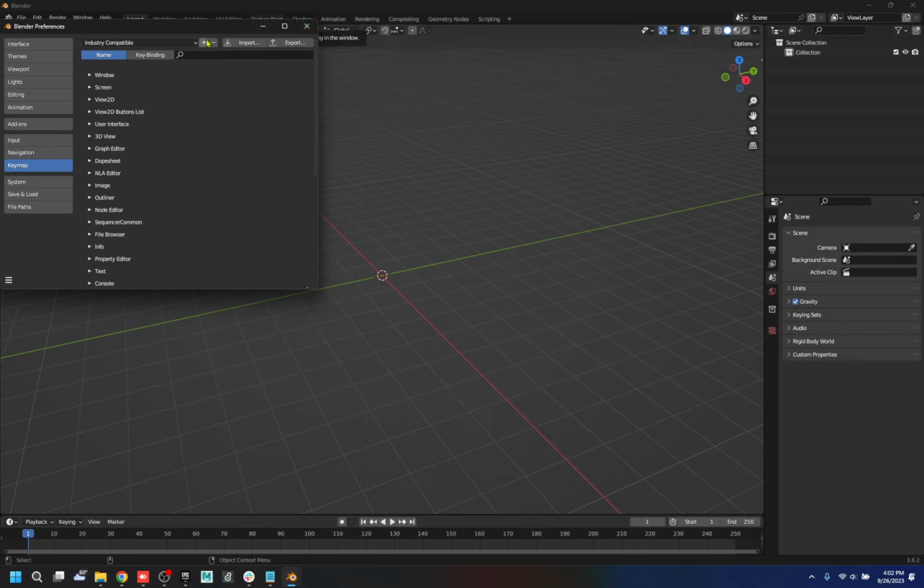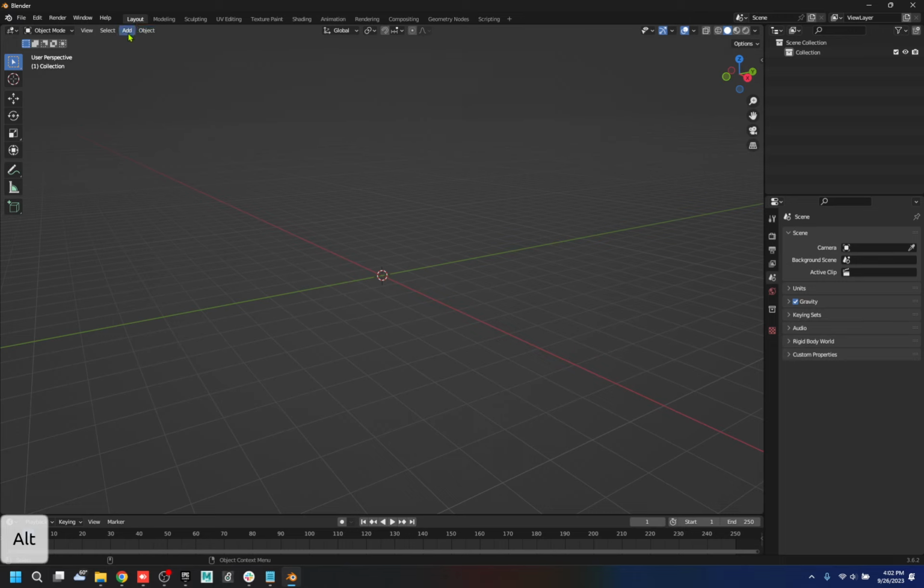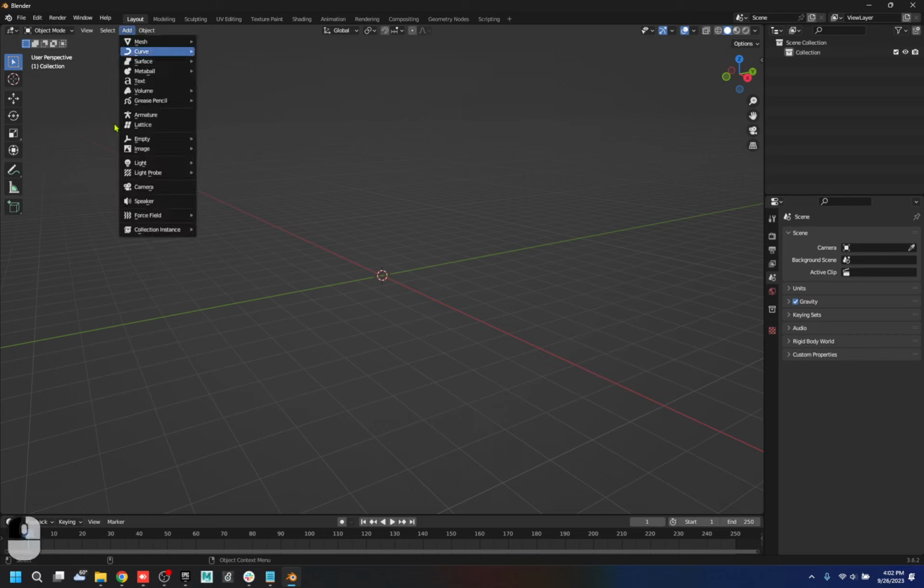Cool. So I do industry compatible, and then that way I can use Alt to move around. And so here's your layout of Blender. You can add elements, you can change the viewports, and here's all the details on the right side. So very much like Unreal, where we have our outliner and then our details. So I'm going to add in here at the bottom